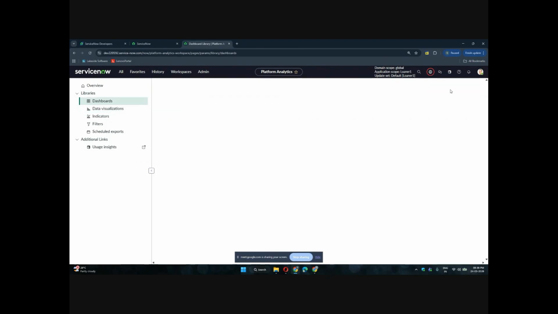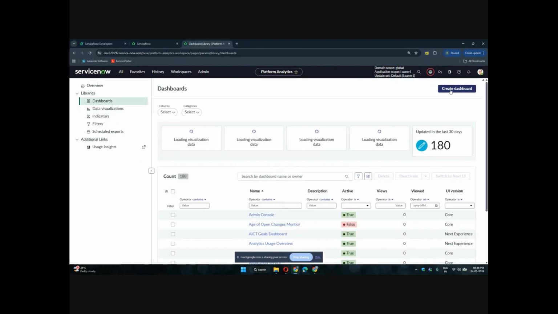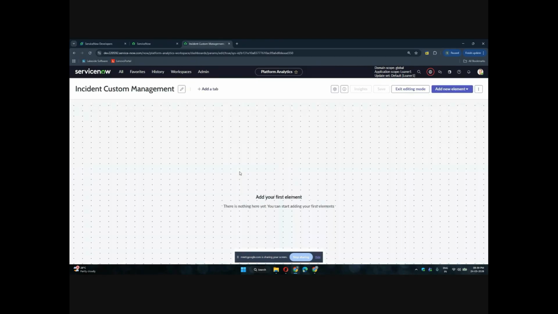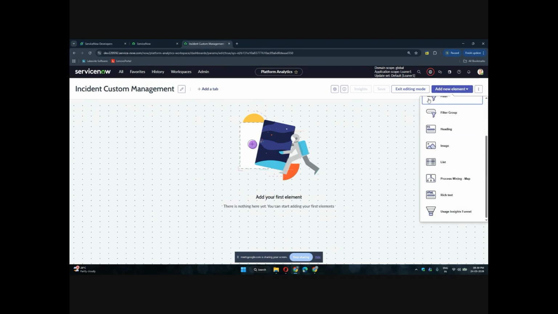Let me create one dashboard now and name it as something called incident custom management. Description integrities, and creating a new dashboard now. So this is how a dashboard will be created, and here you can add your own element, and